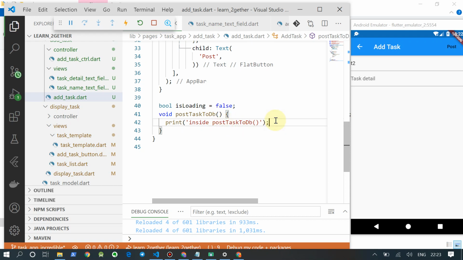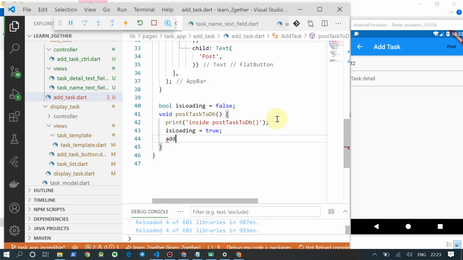So we are inside this now. As soon as we enter this, we have to make isLoading equal to true, and then update. Okay, for here let it be there.